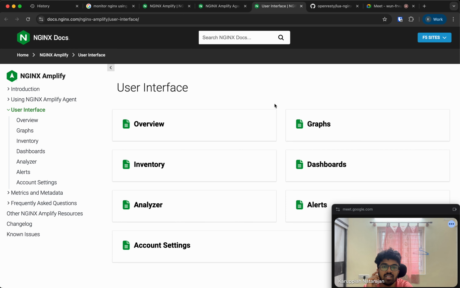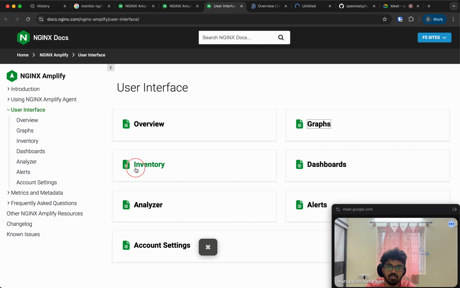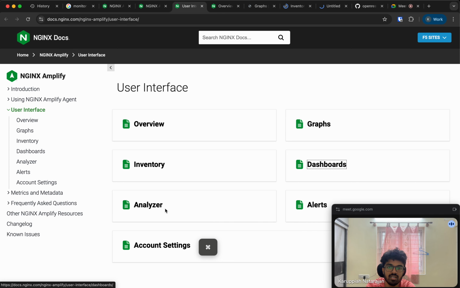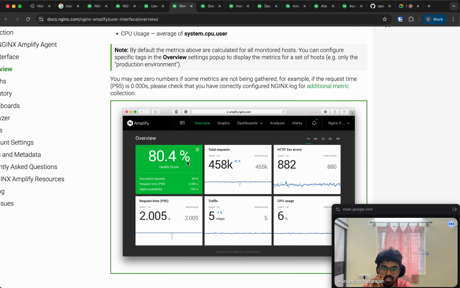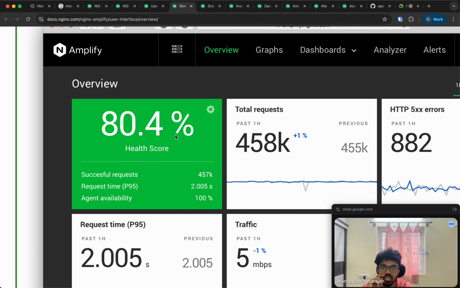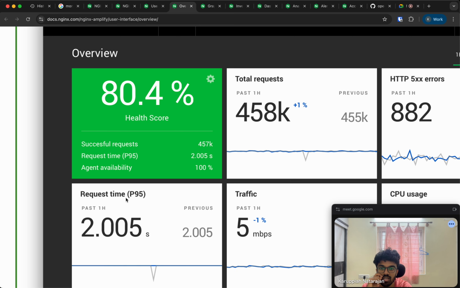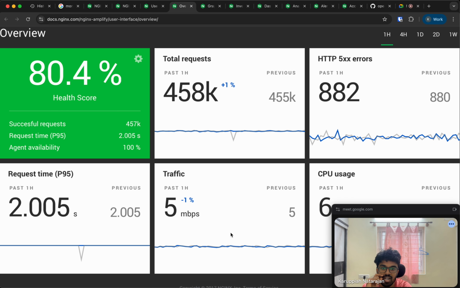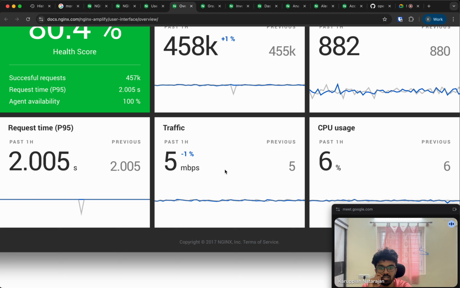So we noticed the OS metrics and all that, so let's leave that. The user interface, I think, is probably straightforward: analyzer and account settings. So the overview looks like this. It's a nice web page. So health score, successful request time, 95th percentile. So the 95th percentile is there, and then traffic, the network traffic, the bandwidth,